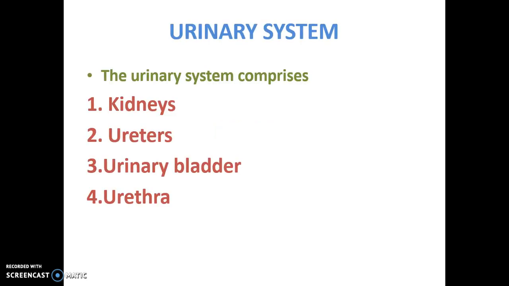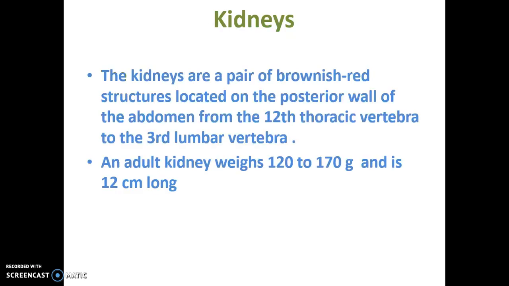Here we will discuss the anatomy of the urinary system. A review: the urinary system comprises the kidney, ureter, urinary bladder and urethra. Let's discuss the kidney. Kidneys are a pair of brownish red structures located on the posterior wall of the abdomen